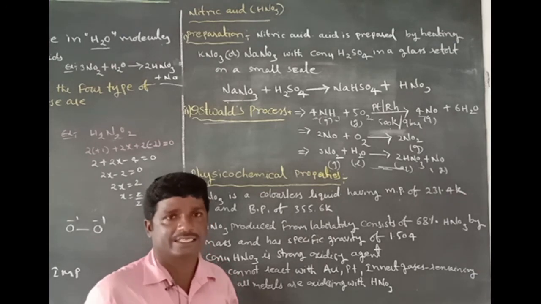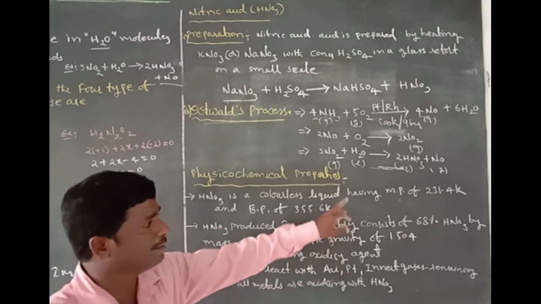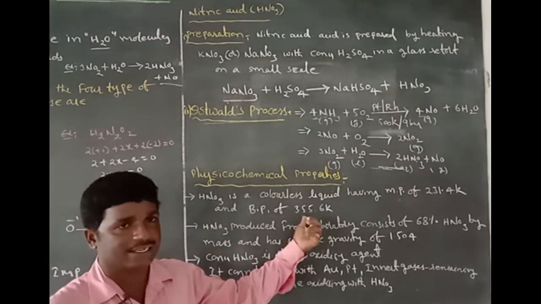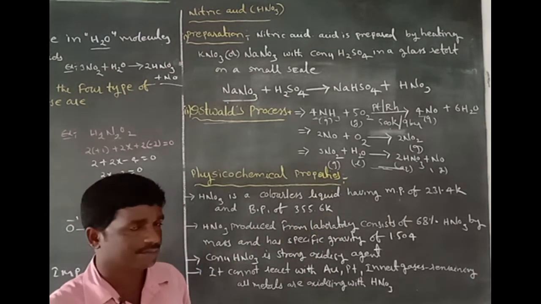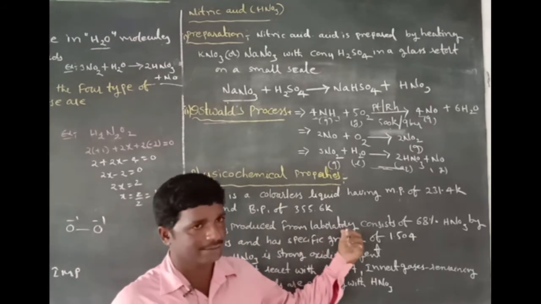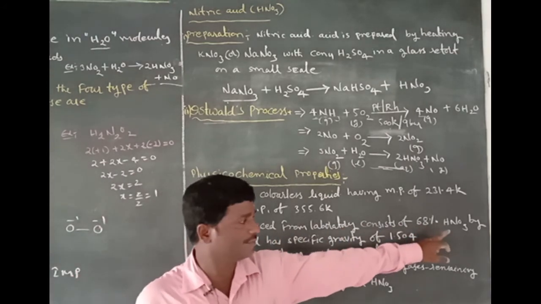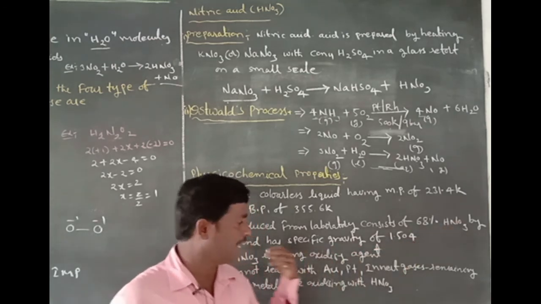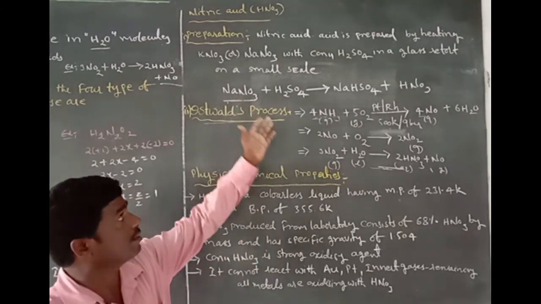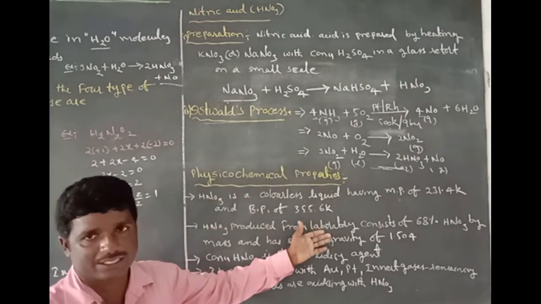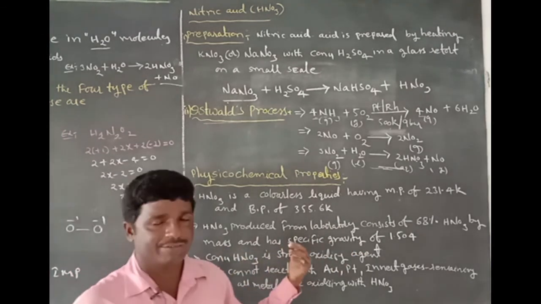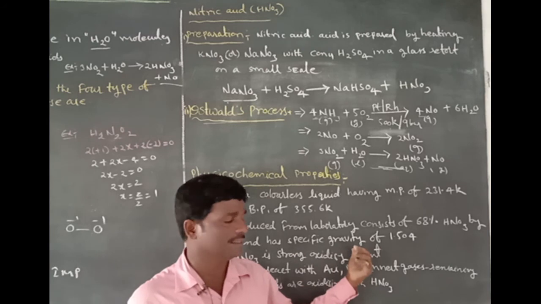Nitric acid produced from the laboratory or the Ostwald process consists of 68% HNO3 by mass and has a specific gravity of